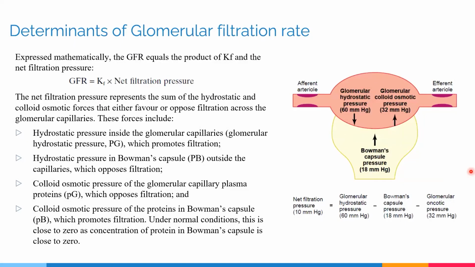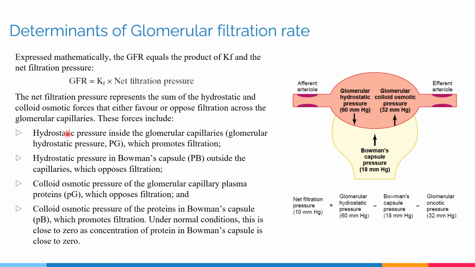Next, we look into the determinants of glomerular filtration rate. When expressed mathematically, glomerular filtration rate, or GFR, can be expressed as the product of Kf and net filtration pressure. The net filtration pressure represents the sum of hydrostatic and colloid osmotic forces that either favor or oppose filtration across